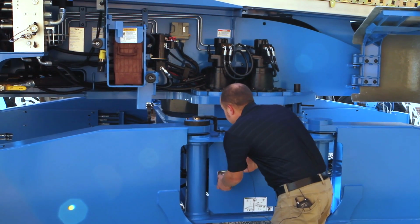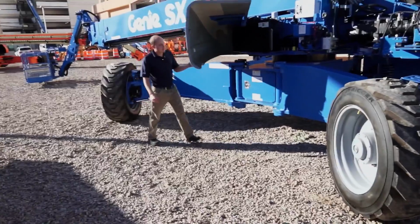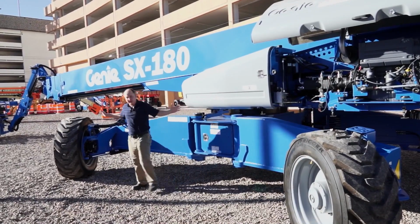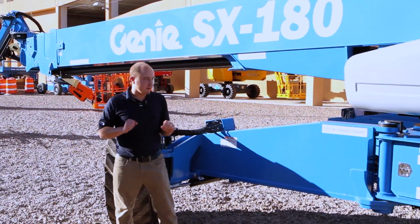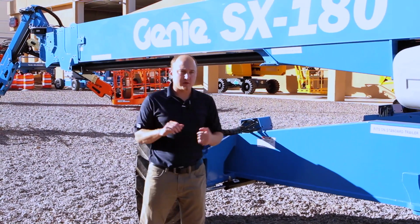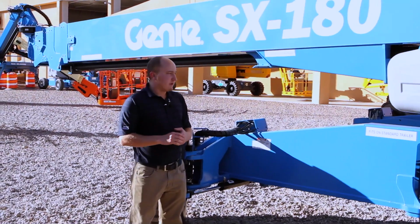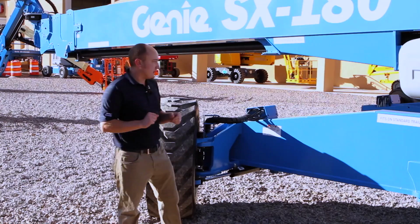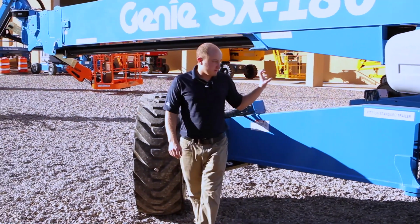Moving on to our chassis, bring around to the other side. One of the key aspects of the design of this product was making sure that a product of this size was still transportable. This X chassis design is our second iteration of this innovation. We actually came out with a similar style or a previous iteration on our ZX 135 product. The improvements we've made to the design on Rev 2 include being able to accommodate the manufacture of this product